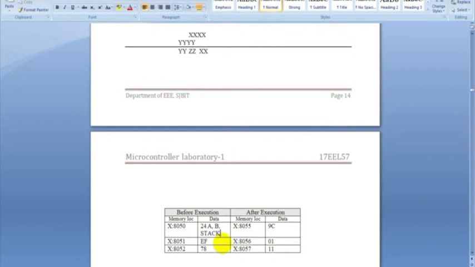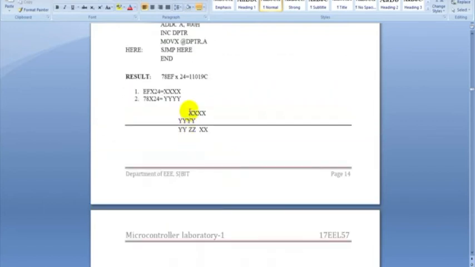Okay. So now what do I do? I'll fetch the second number EF, the lower byte of the multiplicand, to A, and I'll multiply. I will get this XXXX. I'll temporarily store this in temporary memory, that is registers R1 and R2. Next, what should I do? 24 was stored on the stack. I will pop it back, and I will multiply it with 78.